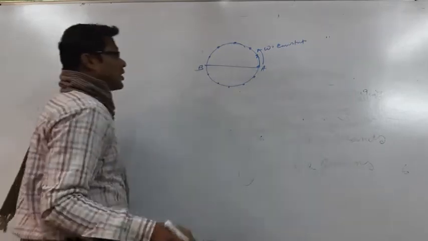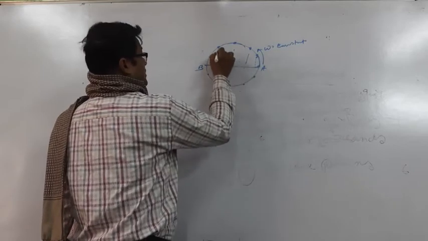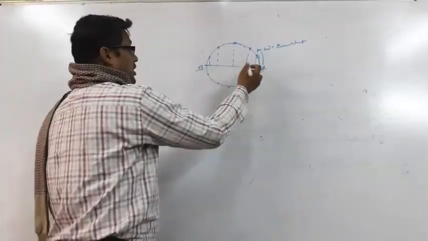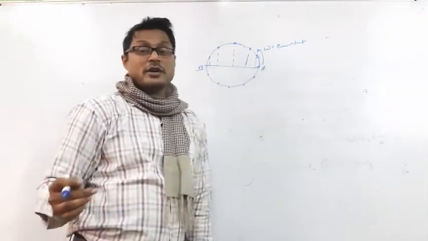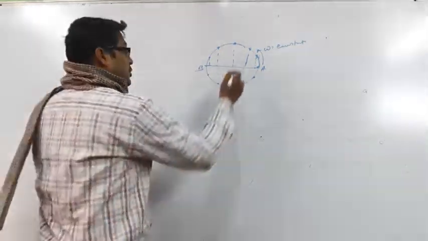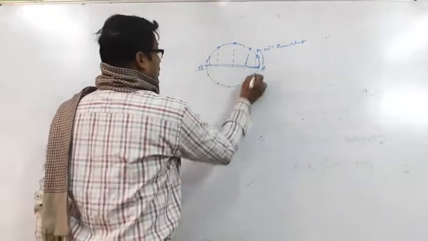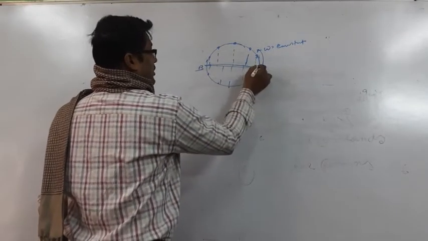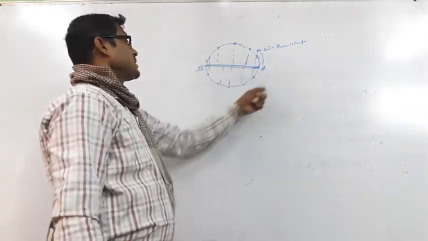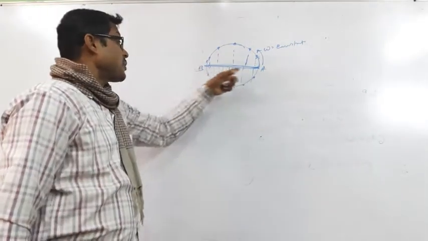Now you see here, the position of the particle is here, here, and here. When the rotating particle is going from A to B, the projection on the diameter, projection meaning the perpendicular drawn from the particle to the diameter, will move in this direction. So the particle is moving in this direction, the projection is moving in this direction. When it is going back, the projection is also going back. So this is the path where SHM is going on. The circular motion is not SHM, it is periodic motion obviously, since omega constant means periodic motion but not SHM. SHM is performed on the diameter.